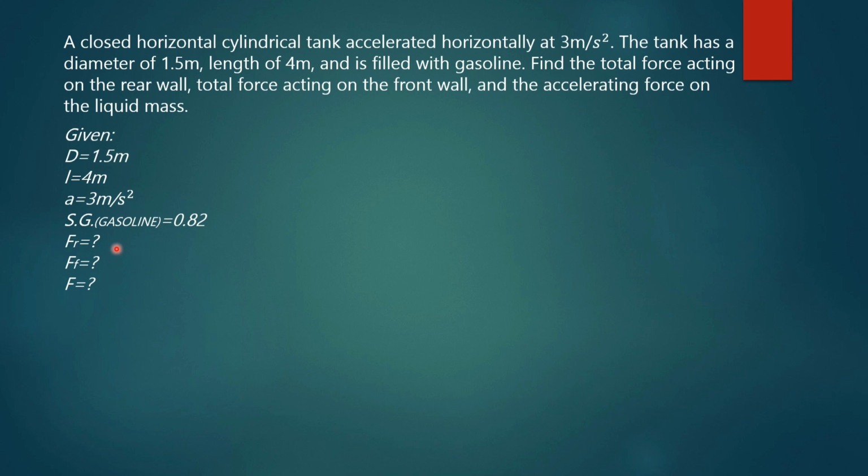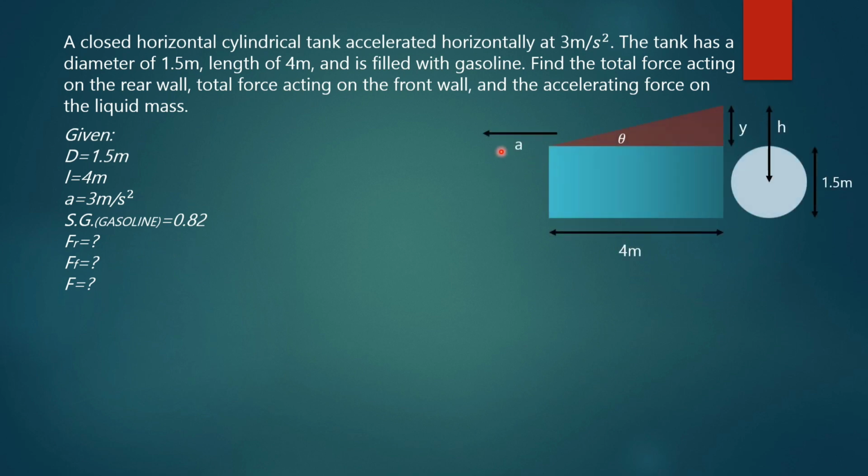So here we have a figure of the closed horizontal cylindrical tank, which accelerates to the left. Since the horizontal cylindrical tank is closed and is filled with gasoline, we will have an imaginary fluid level of gasoline as it accelerates to the left. The measurement for the height of the imaginary fluid level would be y. So solving for the y, we will have